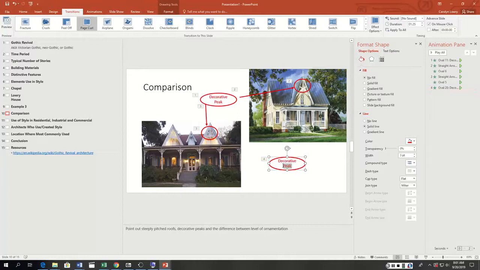Now I'm going to put level of ornamentation. Now an ornament, a Christmas ornament, a Christmas tree ornament is something that you hang on it to make it look prettier. So ornamentation are things that are added. And we want to talk about the level of ornamentation, that you can actually have a very simple example or